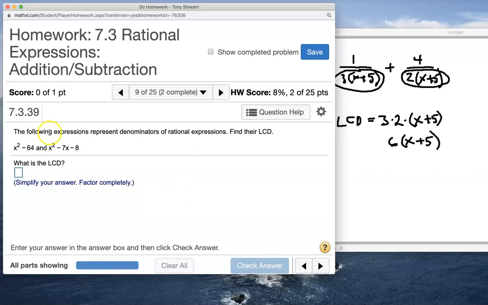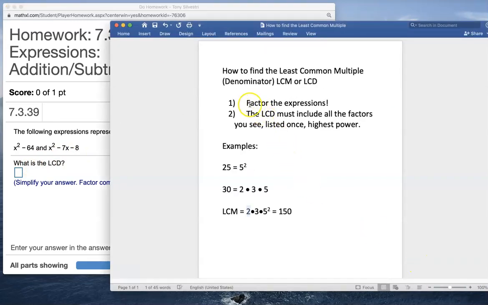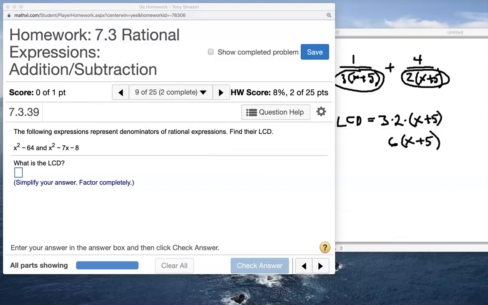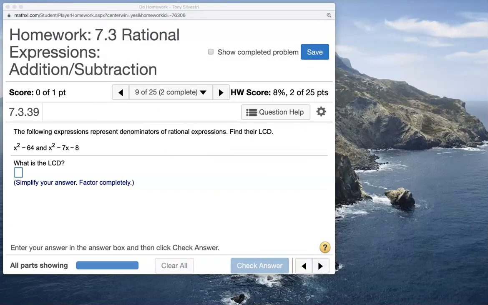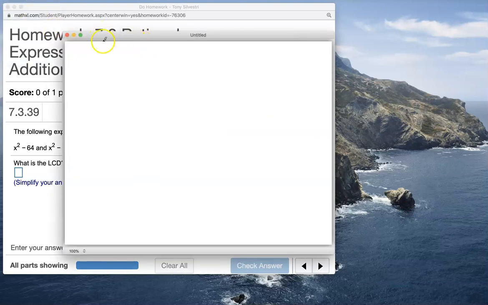Now, what if the denominators of the expressions are x squared minus 64 and this? What's the lowest common denominator? Well, according to my little document here, you have to first factor the expressions. Okay, let's factor the expressions. And let's start off nice and fresh. File, new. Okay, now we got a nice fresh